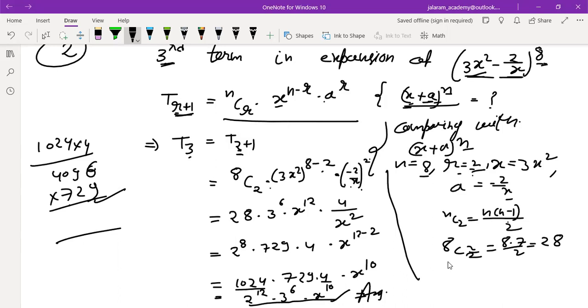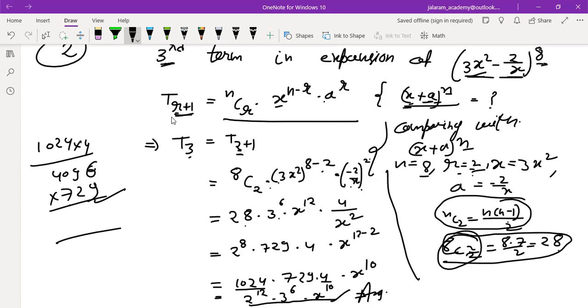Now the value of 8C2 we have calculated using this formula: NC2 equals n into n minus 1 upon 2. So 8C2 is 8 into 8 minus 1, 7, by 2, that is 28. So 28 into 3 to the power 6 into x to the power 12 into 2 square, which is 4, upon x square. So 28,